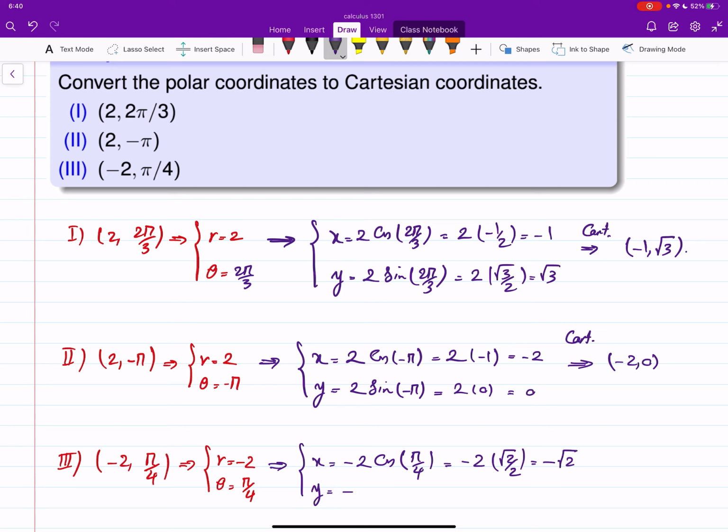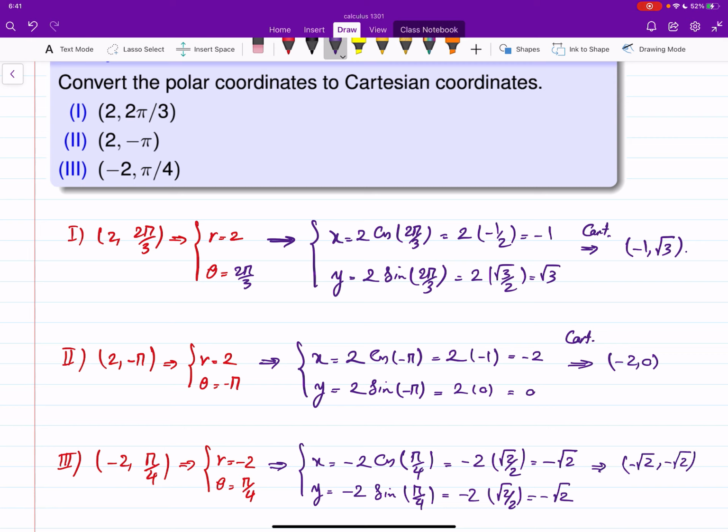Y is negative 2 sine of pi over 4. So negative 2 root 2 over 2. This is negative root 2. So the point is negative root 2, negative root 2